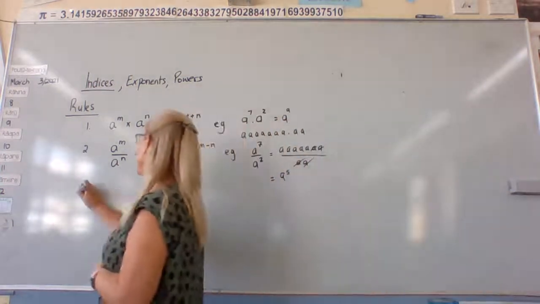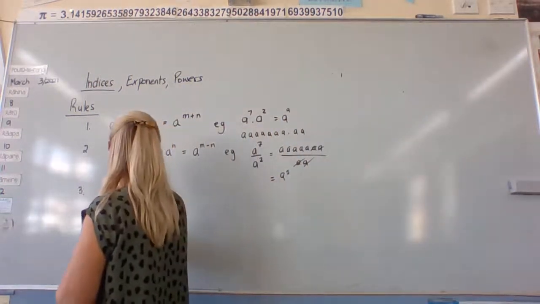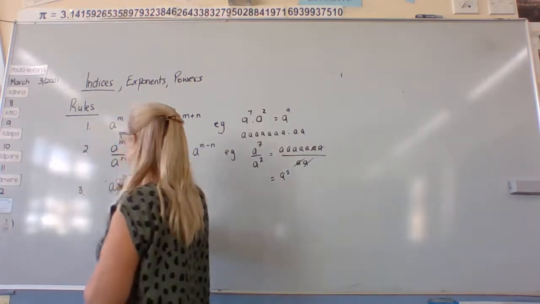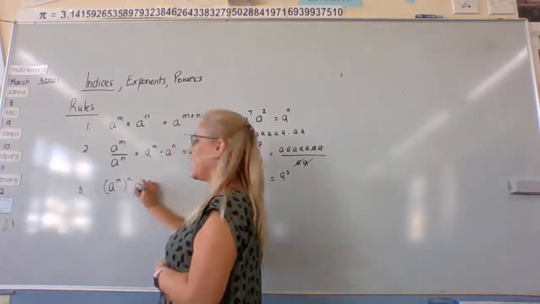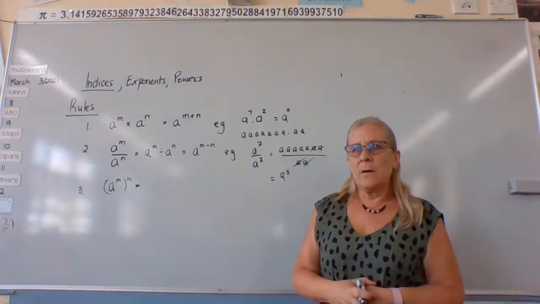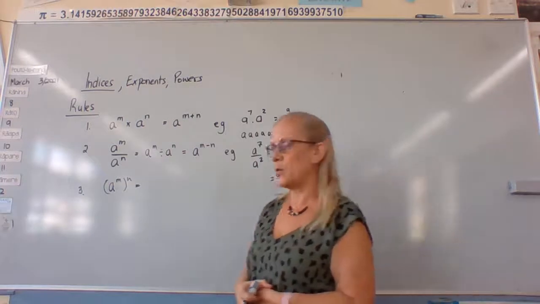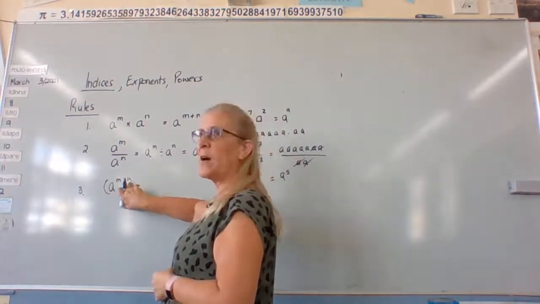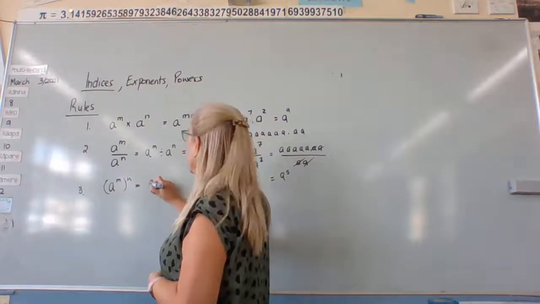Number 3. a to the m to the power n. We're multiplying. That says a to the m this many times. So we've got,